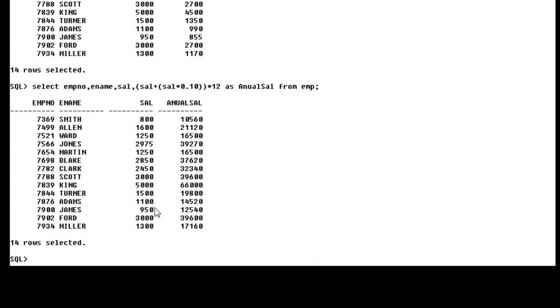This is the annual salary with an increment of 10% of monthly income.